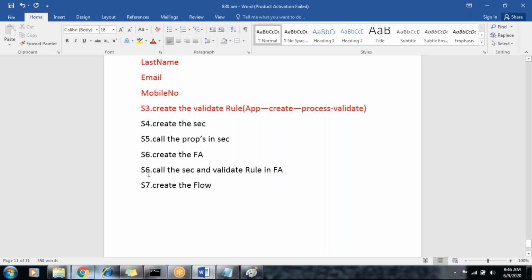This is step 7. Then step 8 is create the flow. Then step 9 is add the flow action in the flow. Step 10, save and run the flow. That's it.